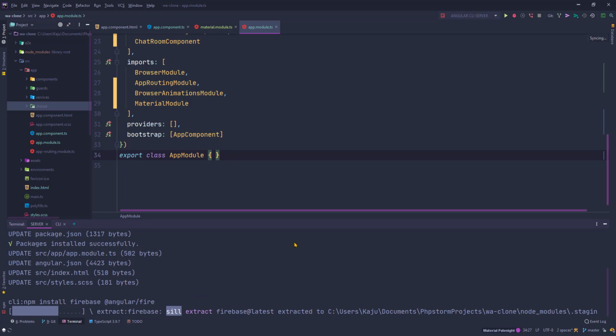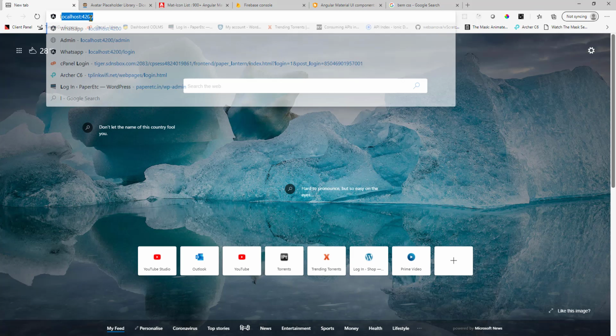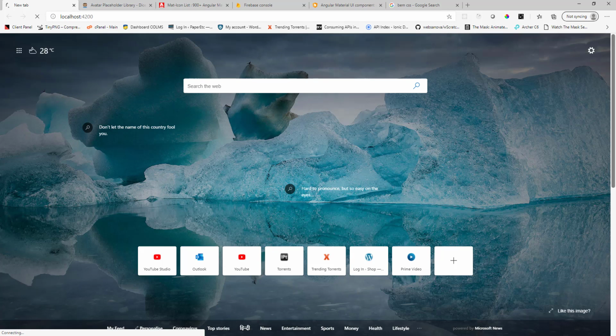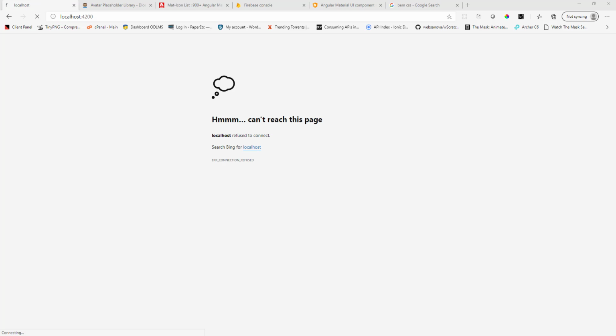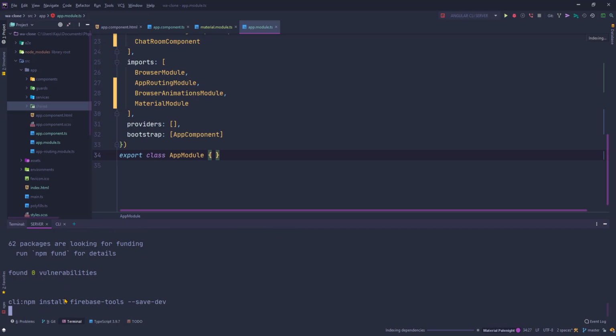Okay, and in the meantime, you can go ahead and create your own account in Firebase and go to this console in case you don't have an account there. So any Gmail account would work for that matter. Okay, and let me go to the existing app. Like I said, I don't have the server running. Okay, we'll do that in a moment. And before I do that, let me install the last one, that's the Firebase tools. Okay, and I'll save it as a dev dependency because I don't need it for the production application. Alright,